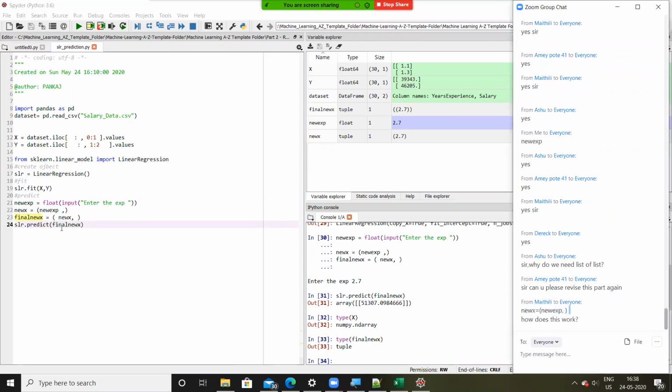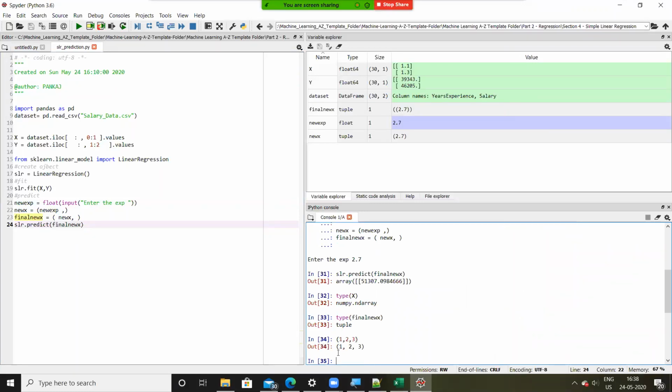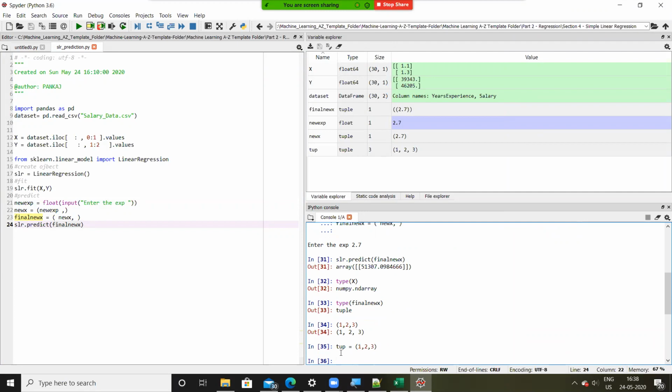Okay, so Maithili, this line number 22 creates a new tuple. Whenever you have to create a tuple, you'll be using round brackets. Let's say I want to create a tuple 1, 2, 3. So this is a tuple. If I assign a variable, let's say tup, 1, 2, 3, the type of tup is tuple.